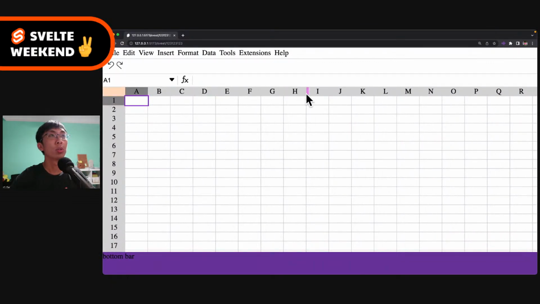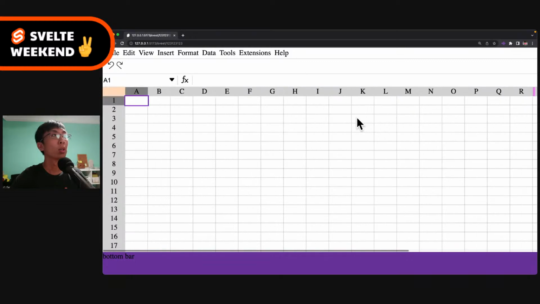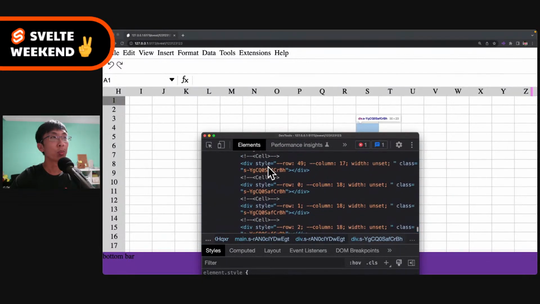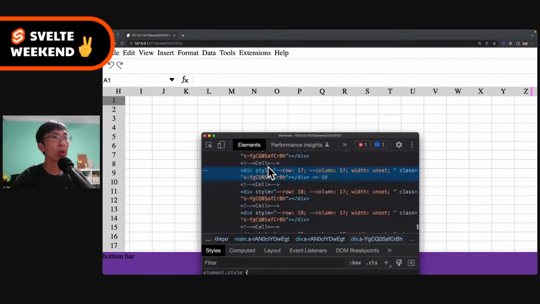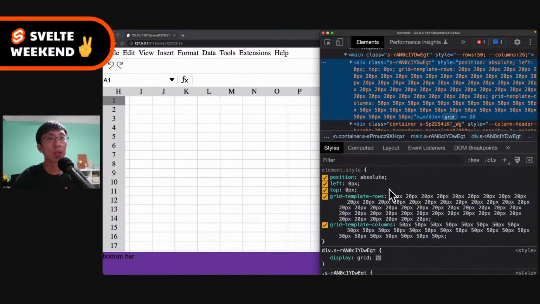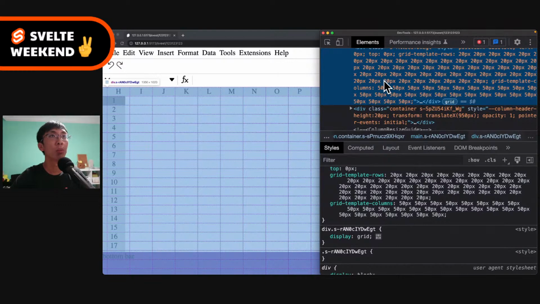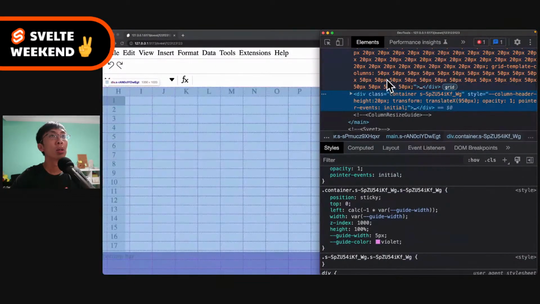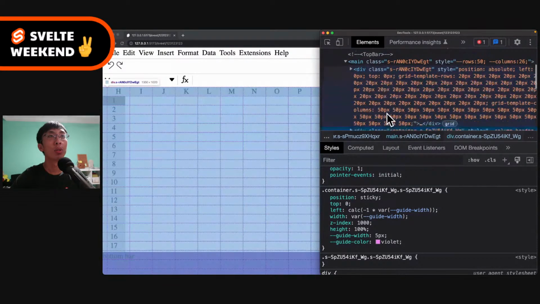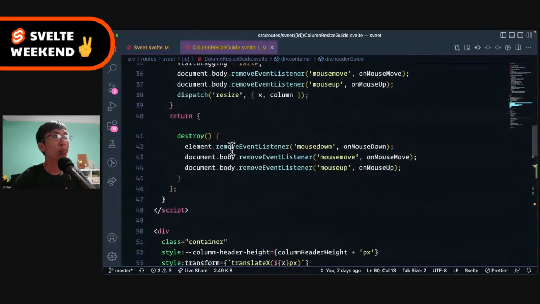Okay, but if I A, B, C, D, E, F, G, so now it seems working, but if I scroll, it's off, right? So I think next thing is we need to see where are we scrolling, right? If I do absolute positioning, maybe when we set absolute positioning, we upset some of our layouts when we do a scrolling. This one looks okay because it's scroll past. So this is our resize guide. Our resize guide should be based on some